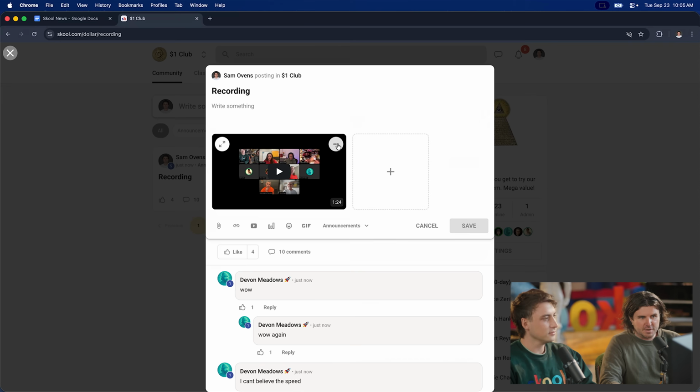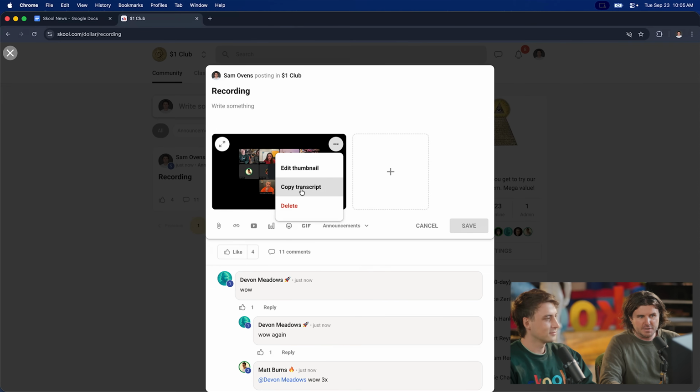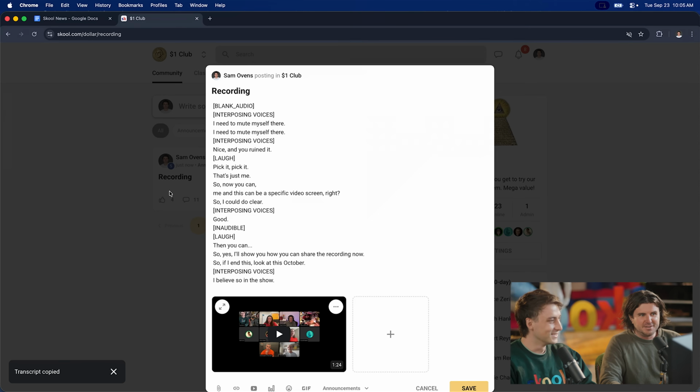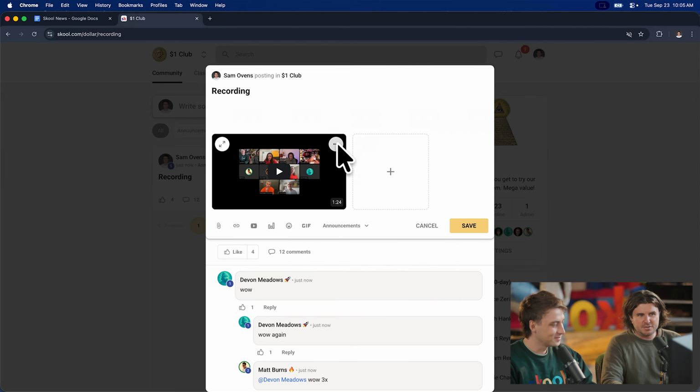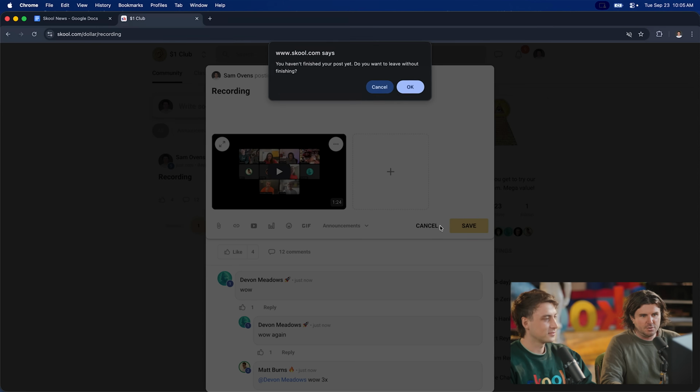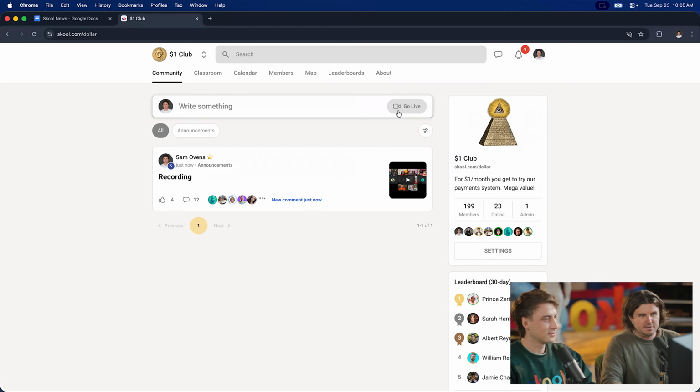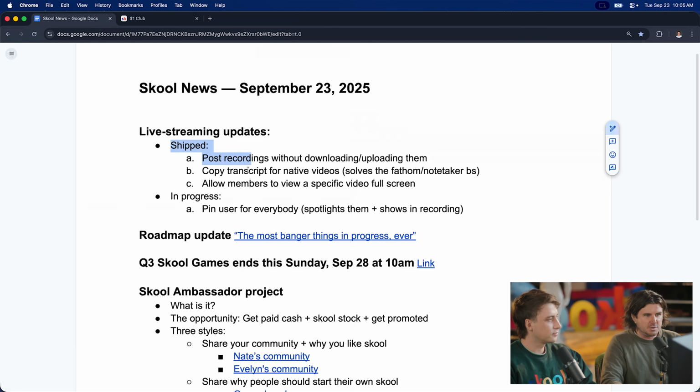And then you can do something else. If you click these three dots on any native video, there's a copy transcript button. Insane. Transcript is copied. Let's see what it looks like. Not the best for this particular video, but usually it would look a lot better. That looks pretty good. So just like that, the transcript's ready too. I don't know anything else that can go live, record, share the recording, and get the transcript that fast without really doing anything. So cool. That's usually a lot of manual work, like download, upload, share between all these different systems. So that's pretty sick. So that's what's live right now.